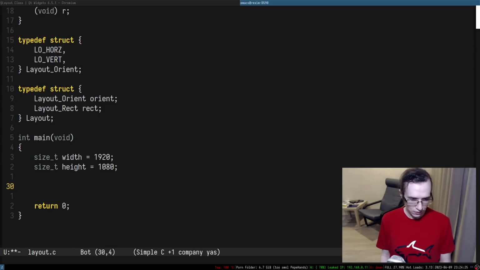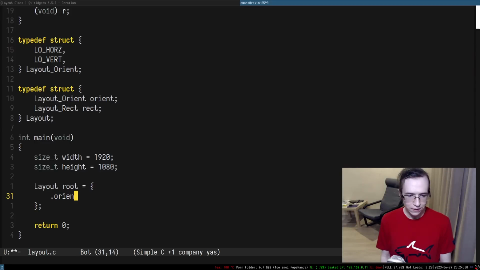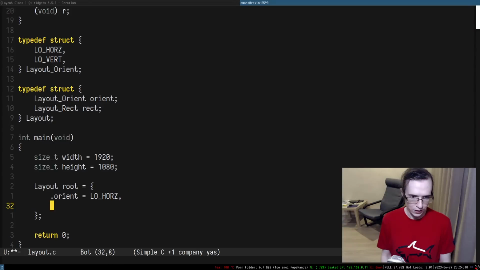And then I can say, okay, I want to have the layout. This is going to be the root layout, and the root layout is oriented, let's say, horizontally. The rectangle within which it is oriented is going to be the whole screen, so it's going to be width and this is going to be height.